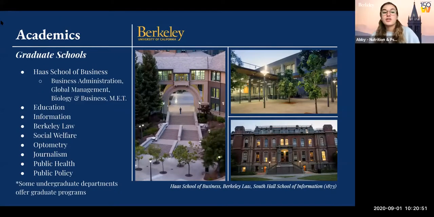Okay, so moving on to our graduate schools, in terms of what you can get involved in through graduate schools as an undergraduate, there is the Haas School of Business, which you can see to the left, the steps up to that area. We have different programs in that. The Business Administration program is a very popular one that people have to apply into starting the second semester of their sophomore year, and then they will hear back and then be able to get a business administration degree from the Haas School of Business, which is ranked top globally, and it is an amazing opportunity for people to get involved in.